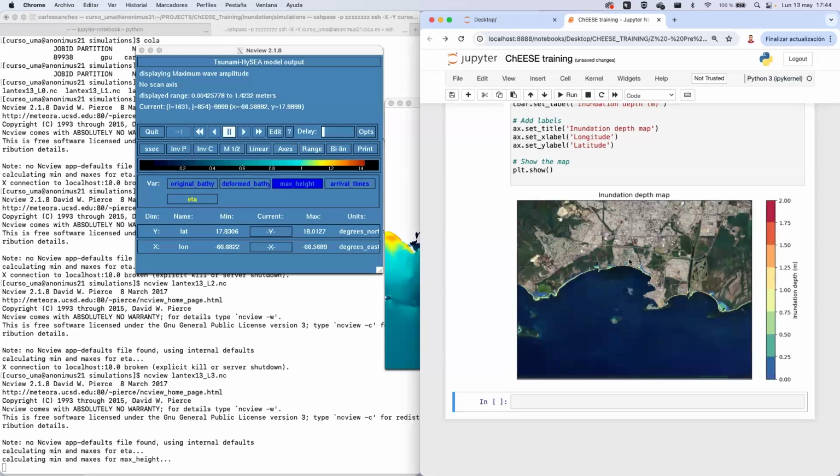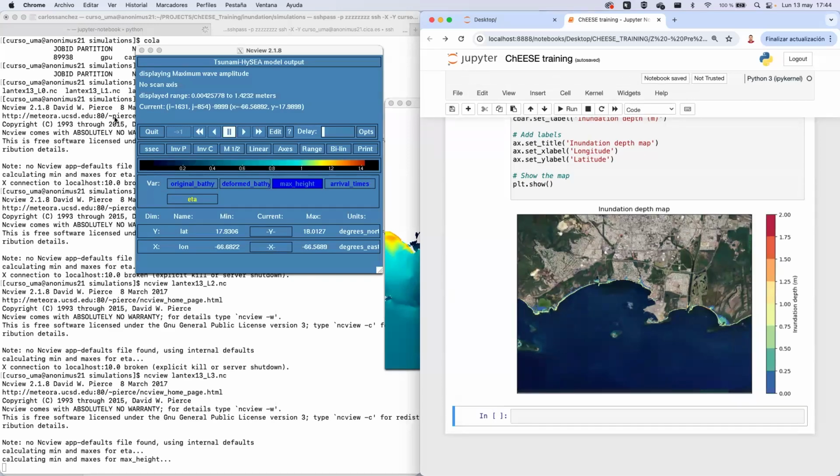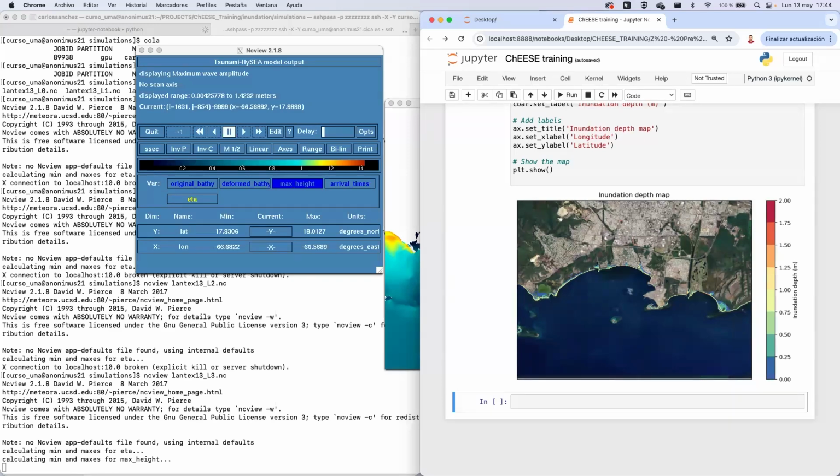Here the inundation depth considering from dry to wet, okay. So it is the flood map for the region we are interested in, okay. So I don't know if there are any questions on the chat or not, but let me